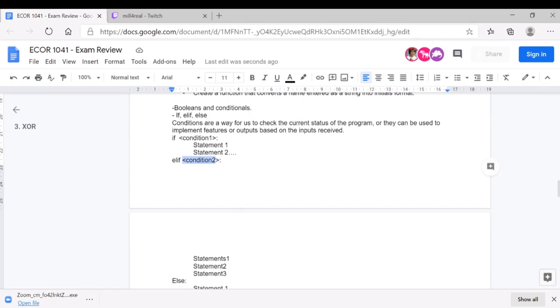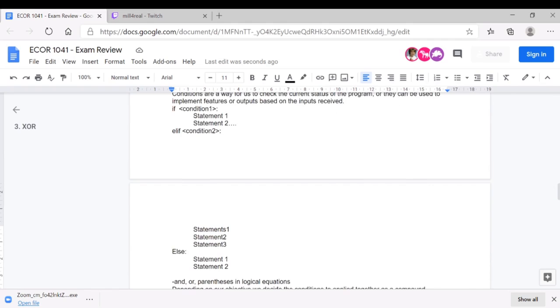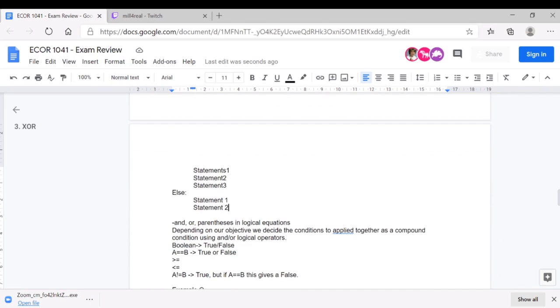If that is a true, it evaluates these. If it's a false, it goes to the next elif if we have any. Or if all ifs have failed, we finally come back to the else and we execute these. So that is a mix of conditional with Boolean, how these Boolean operators, logical operators work with if and else, and help the program decide what statements need to be executed.